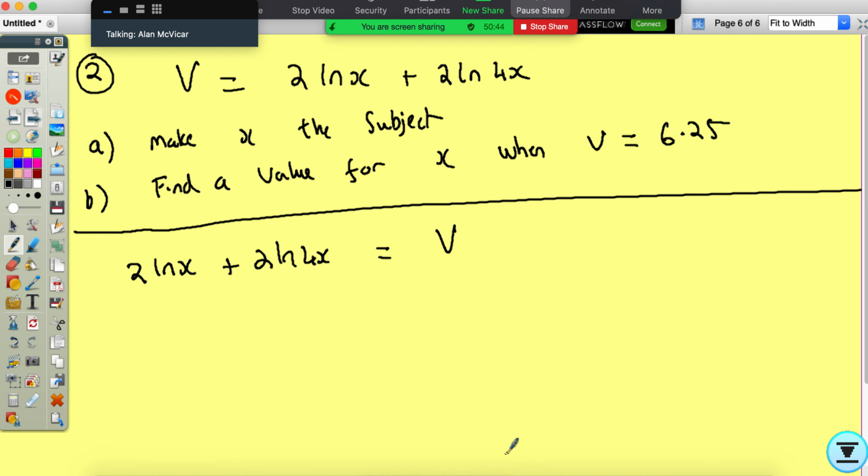But this is where we've got to watch. Remember, x is the thing inside the log here, and 4x is the thing inside the log there. So let's move that 2 up. So that's ln x squared plus ln